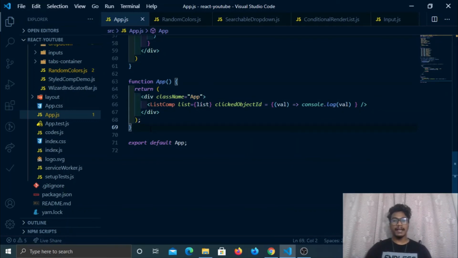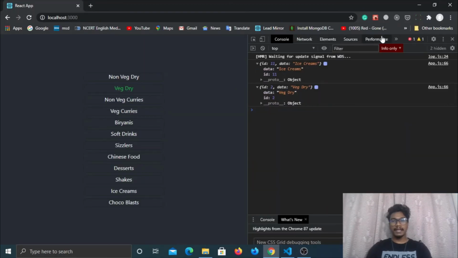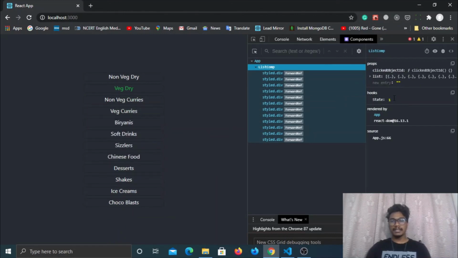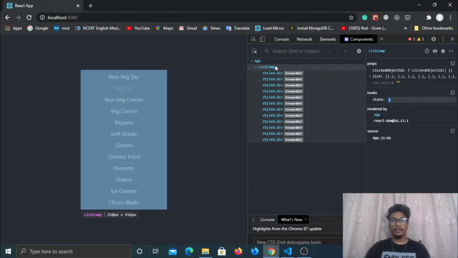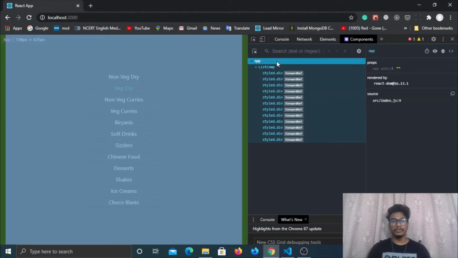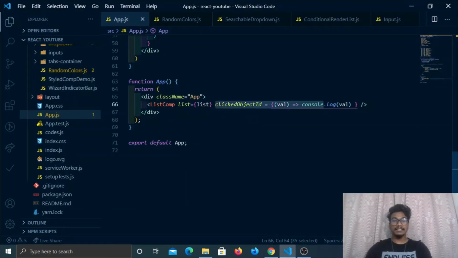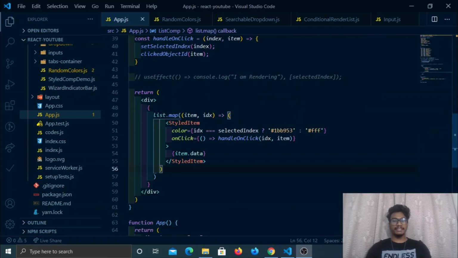So to know that, I am just pulling that a bit up so I can access it in my app component also. To be more specific, let me go to my output and let me go to my React components. In list component, it already knows the index, and also in the handle on click function, it has this object's ID. At list component level, it knows what object is being clicked by the user. But in app component, it doesn't know. So that's the reason why we wrote this particular function, so I can access the clicked value details even in my app component. So this is the sense of pulling up.